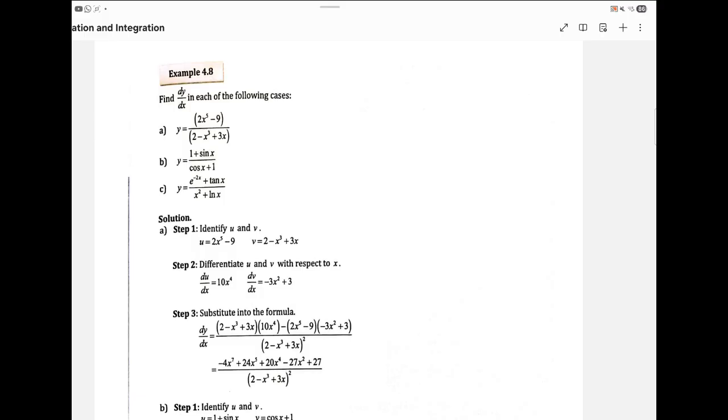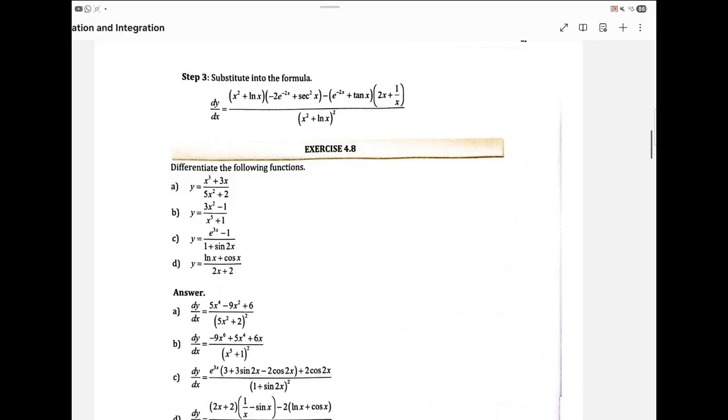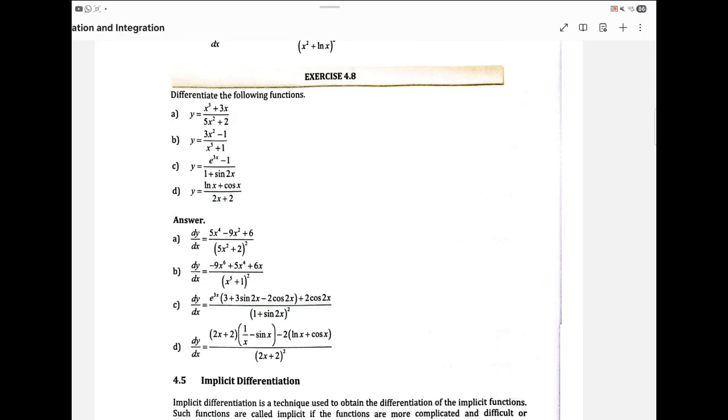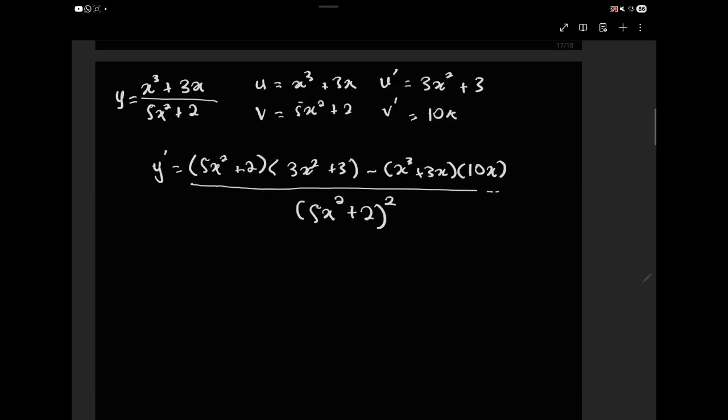We will not do the example because you can look at the steps by yourself. Let's see exercise A. Let's define the u and v and put it in the formula. So basically this is how it should look, but as previously,